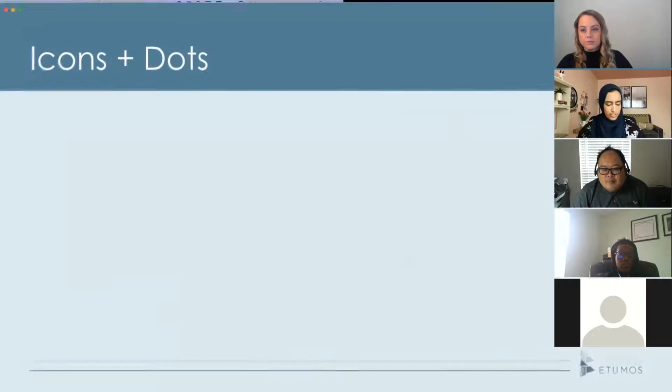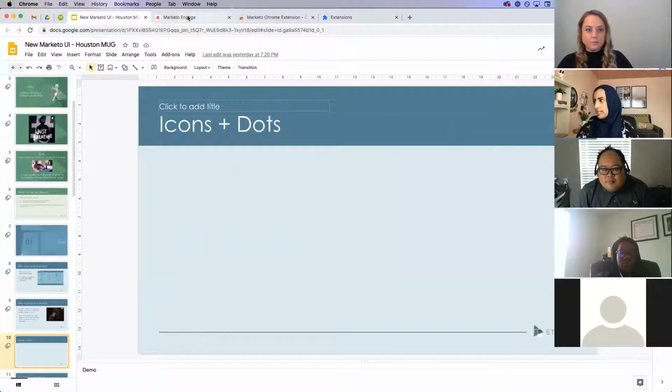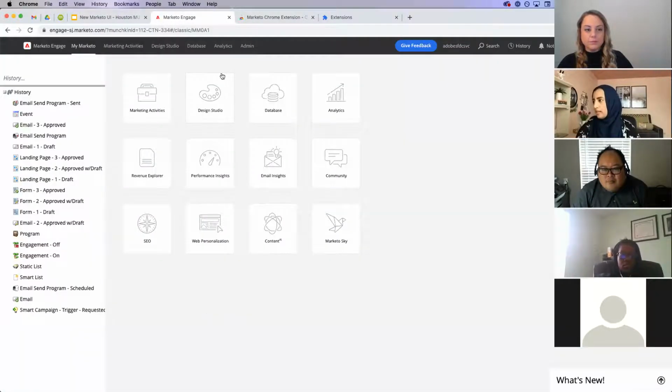So we're just gonna hop into an instance here and kind of give you guys a tour. When you log in, this is what you're gonna see right away. As you can see, I've been building out a few things just to showcase here. The first thing I'd like to highlight is that this UI, the entire software right now, is still, I'm gonna